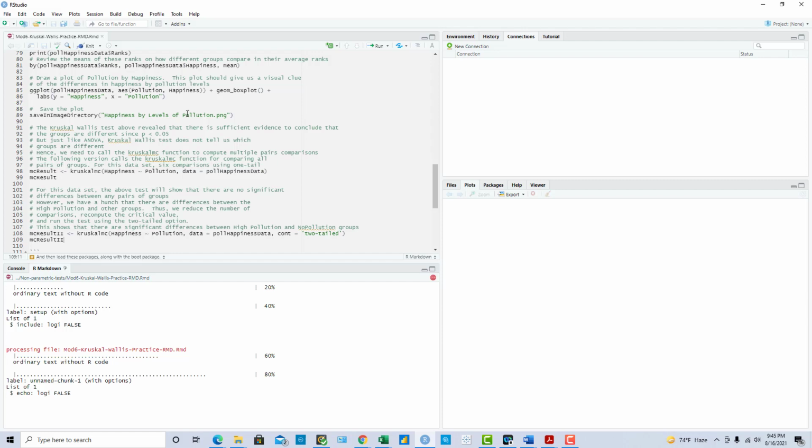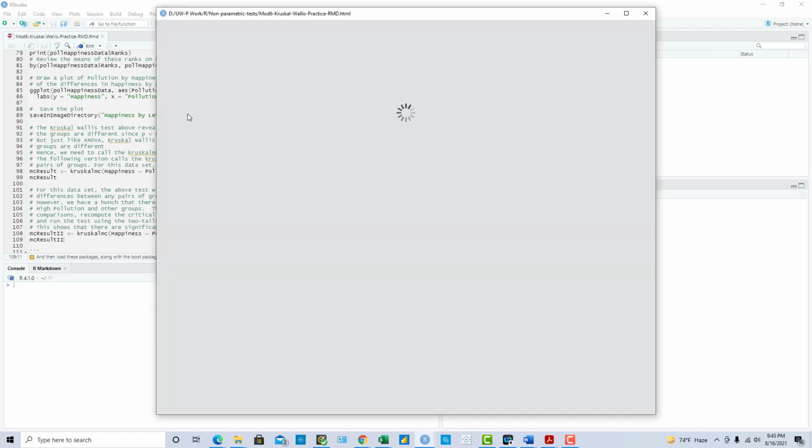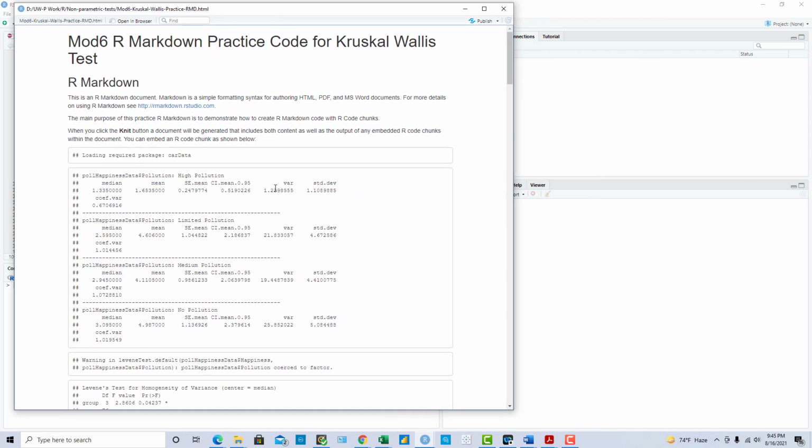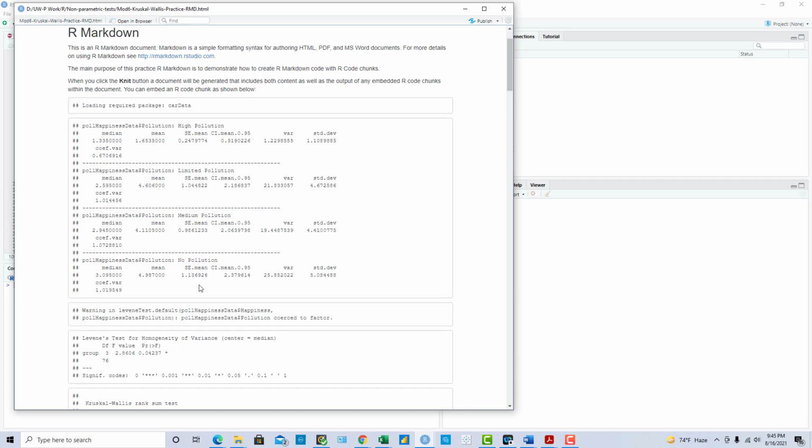And once we get the results, we can review that. So here are the results by running this. The first block here is displaying for each group, high pollution, some of the descriptive statistics, similarly limited pollution to no pollution.